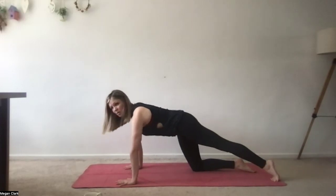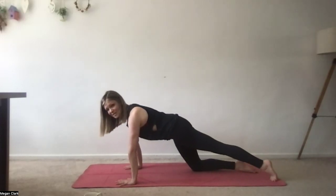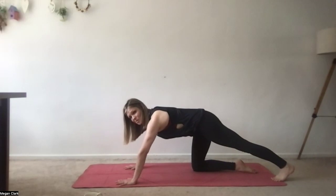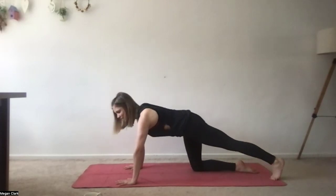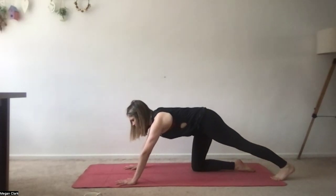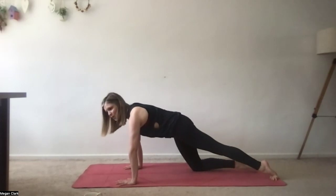Good. Inhale, pushing into the toes, leaning over those wrists, little wrist stretch, and then working back. Getting that nice stretch in the calf. See if it's a little tight for you today. Forward and back at your own pace for 5. Just breathe. 4,